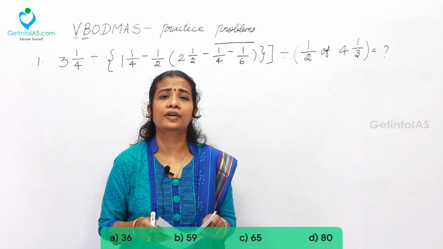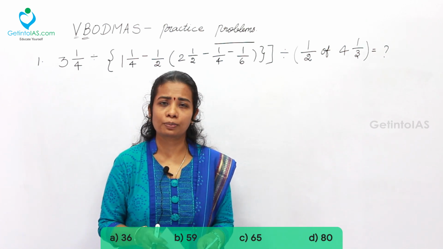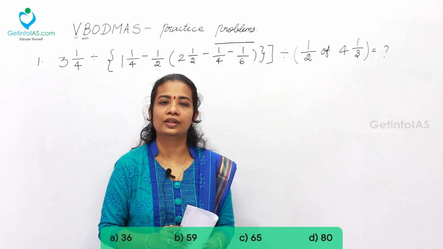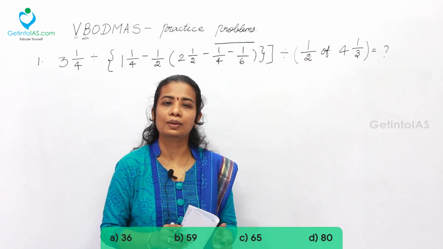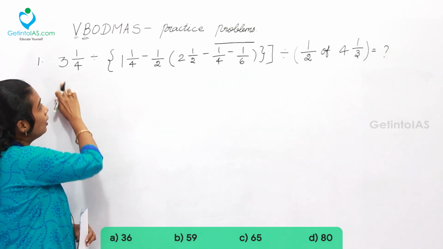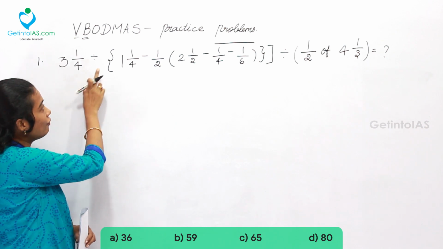In the last session, we dealt with the principles of VBODMAS with basic concepts. In this session, today we are going to deal with the practice problems on the VBODMAS principle. The first problem in front of you is 3 1 by 4, which is a mixed fraction value, divided by